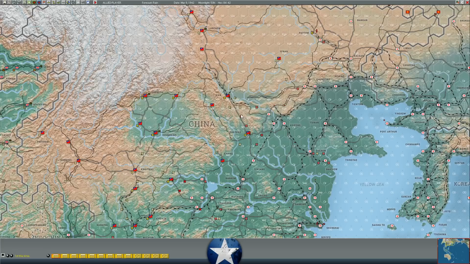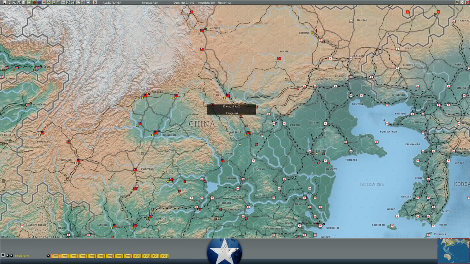So I think my plan is to pursue, bombard, see what he has there. If we think we can take it, then we'll attack and drive him back to buy us another mountainous hex in front of Xi'an. But if we can't, then we may just hold the position there, or we may fall back towards Xi'an. I need to be really careful here because, again, with troops converging on Nanning,